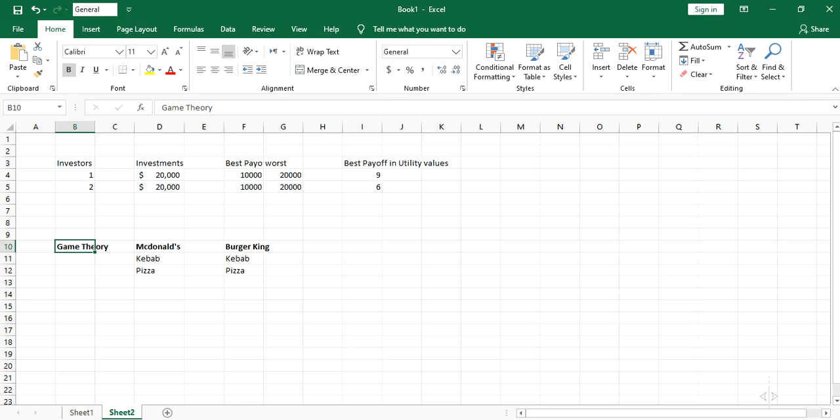Okay? So there are some assumptions associated with this game theory. They are telling us that both parties have the same information. Okay? And both parties select the